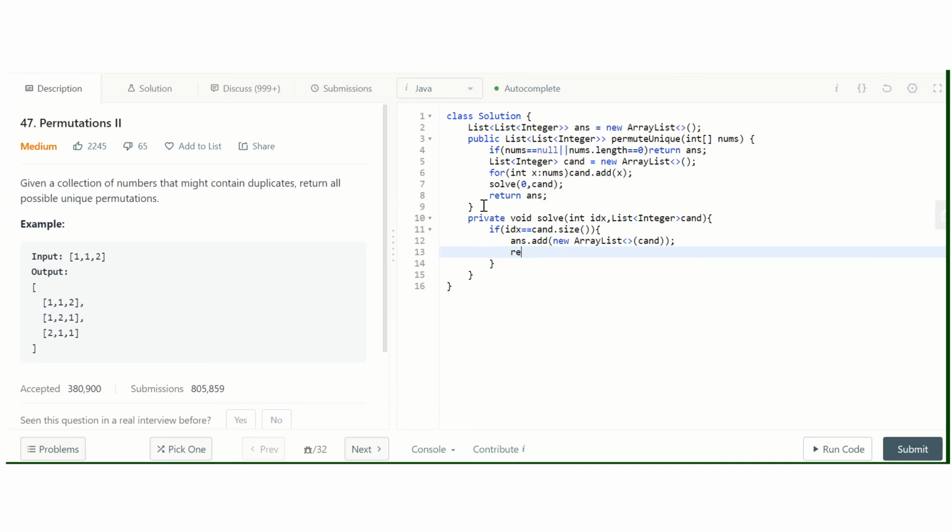We have added that and simply return from here. And now we have to take a set to remove the duplicate permutations, and to avoid duplicate elements being swapped with the same element.